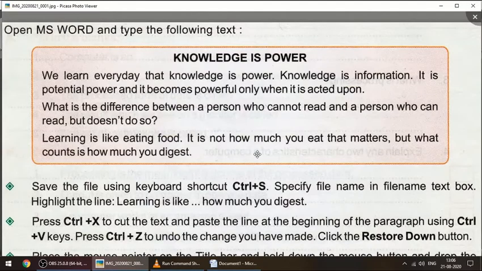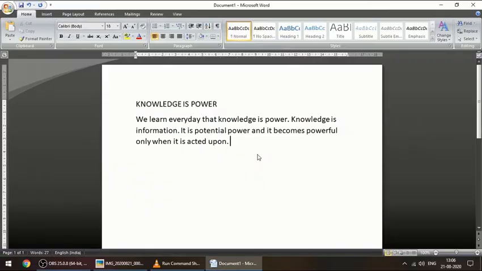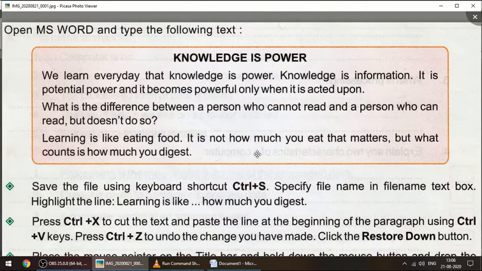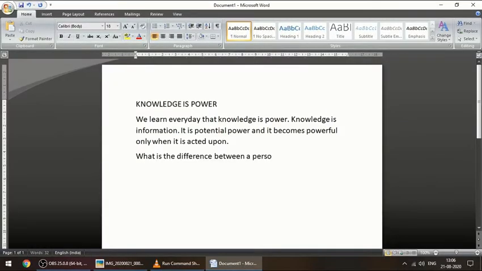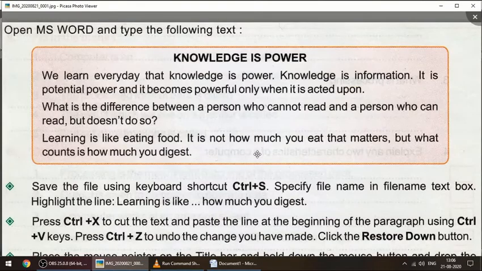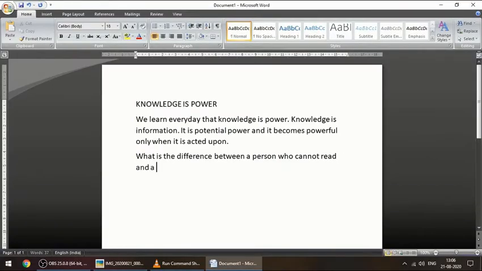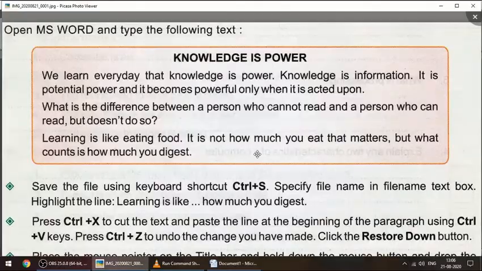Go to the next line. What is the difference between a person who cannot read and a person who can read? But doesn't do so?